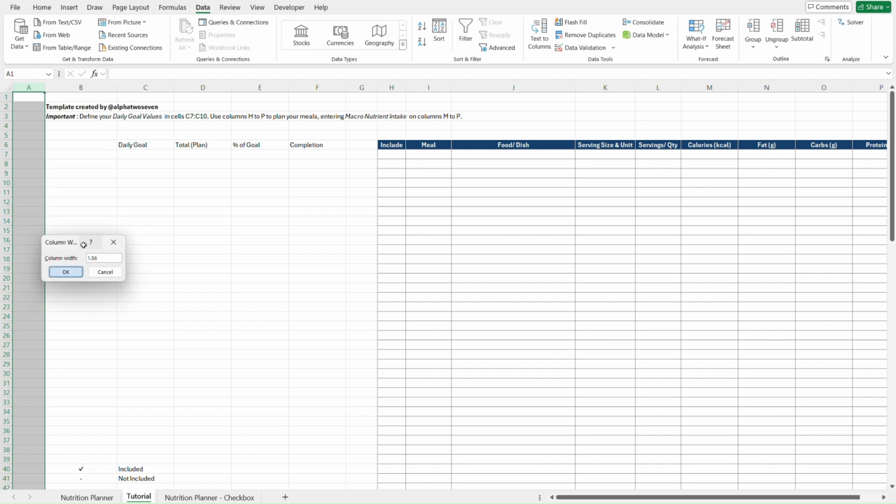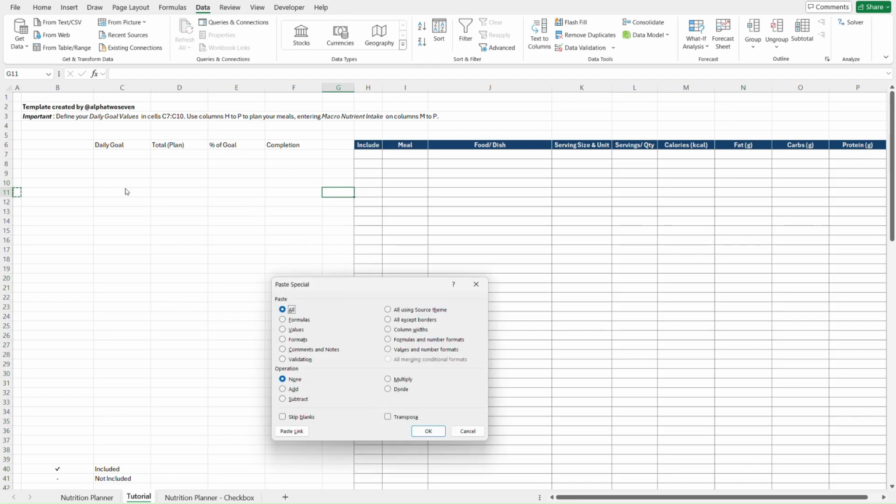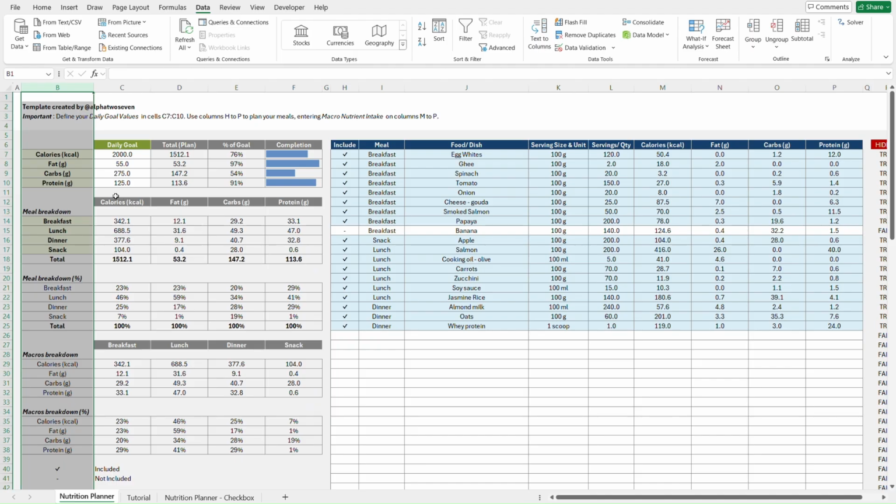column width 156. And then once I have this, I can copy and then paste special, Control-Alt-V after hitting Control-C on the cell that I want to copy, and then carry on the width. Okay. There you go. Now I'm also going to type the macronutrients,